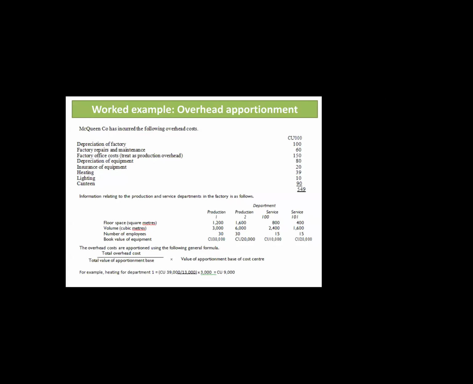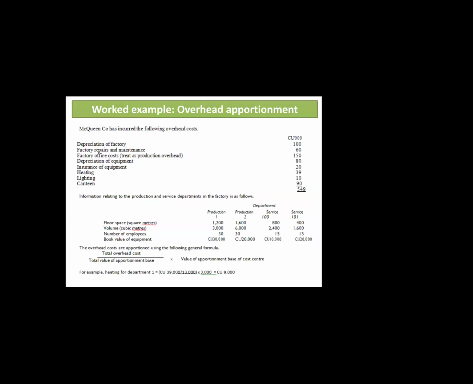And depreciation of equipment and insurance of equipment, both I think are the same. If you agree, we can allocate the cost on the basis of book value of equipment, sir. So depreciation of equipment here is 80,000. So production 1 will get depreciation